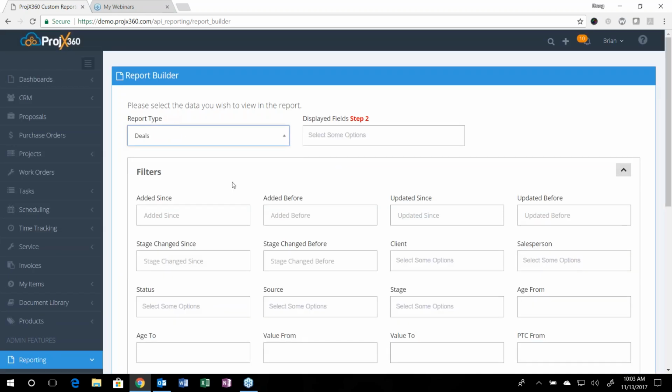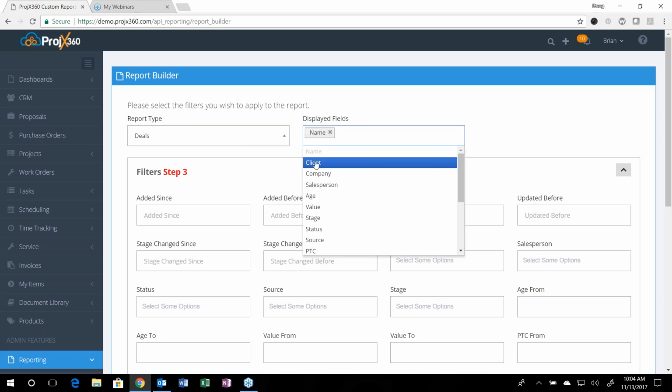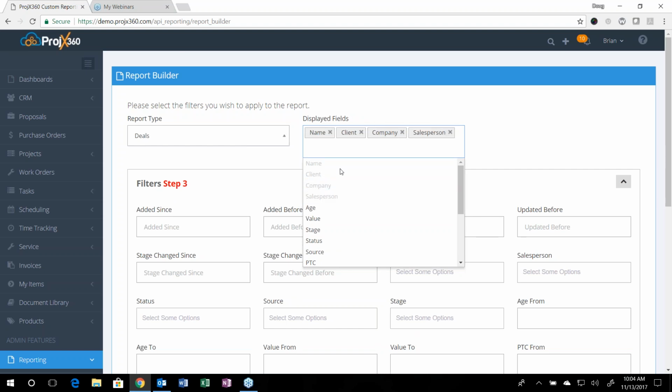If we go into deals, it'll take you to step 2, which allows you to select the fields you want to display in your report. So basically the different columns that you want to see. For instance, I want to see the deal name, the client or company that's associated, the salesperson, and I might want to see the value. And the order you select them in is the order they're going to appear